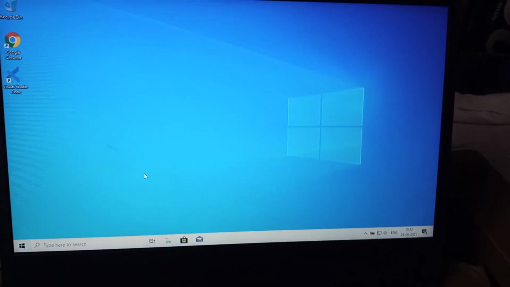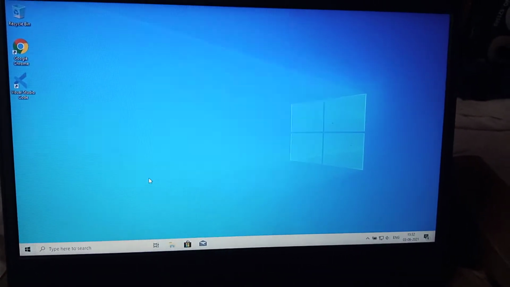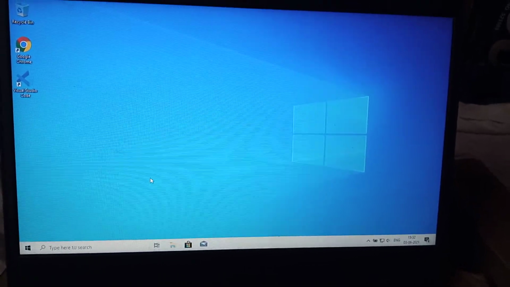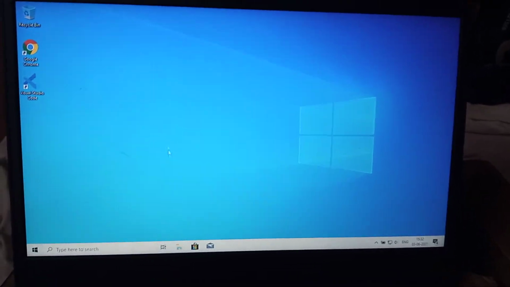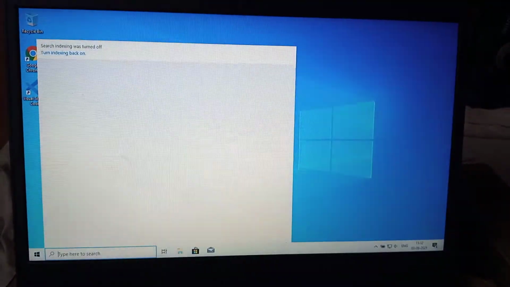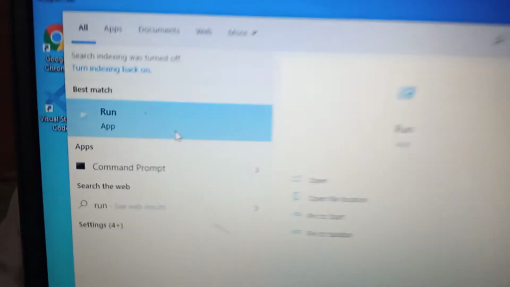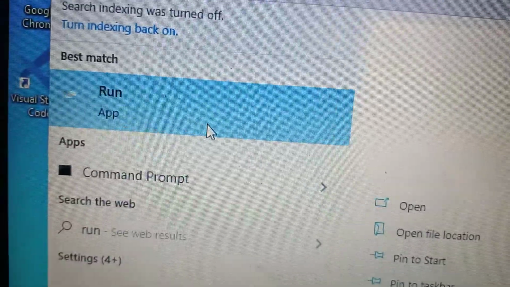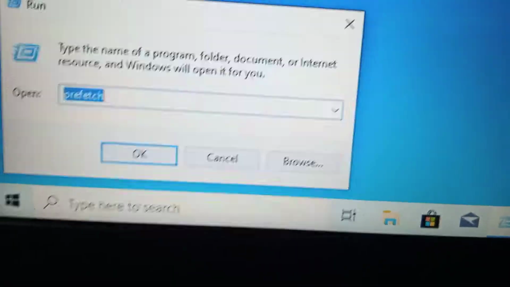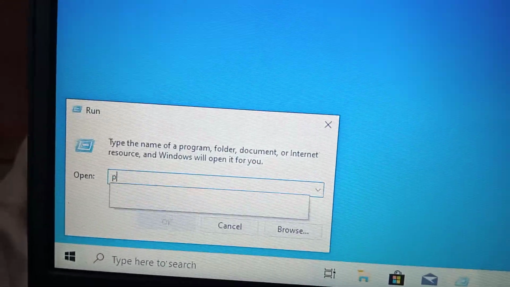Today I'm going to show you how to make your computer faster. Boost the computer. To do this, in the search bar type run. This will show the app Run. Click on this, and something will open, and then first type prefetch,